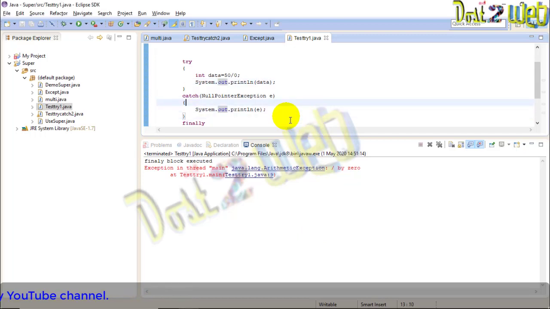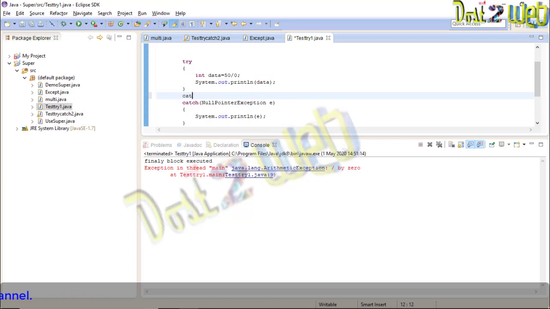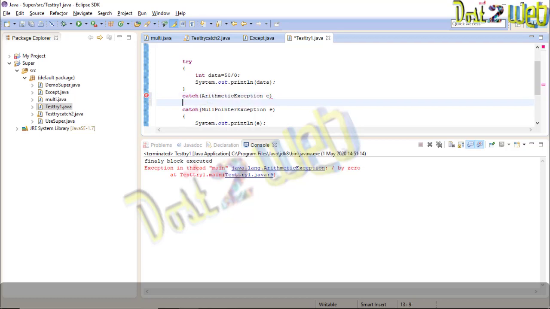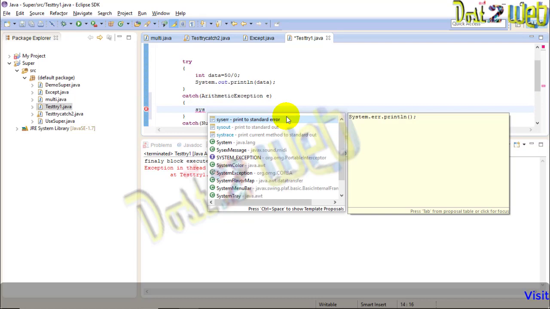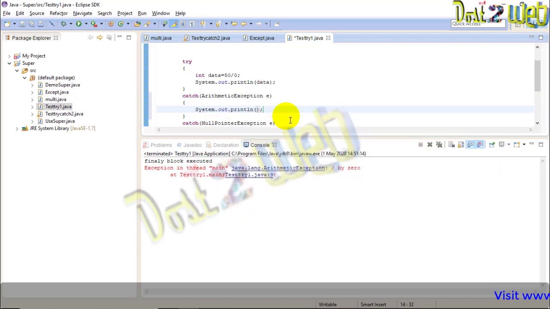Same program, what I'll do after this, I will give one more catch block. What is the catch block? ArithmeticException e. And I'll give the printing statement: Division by 0.